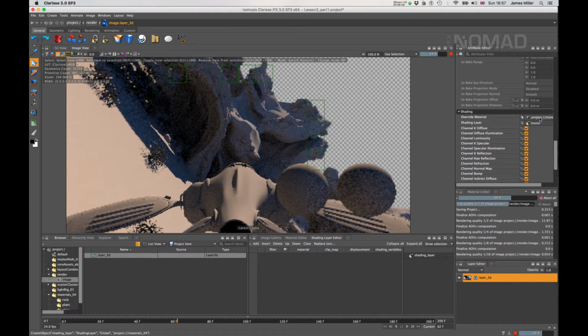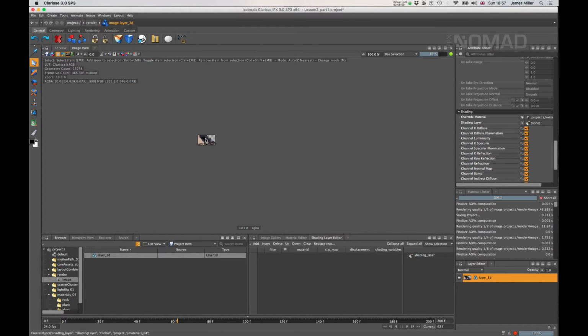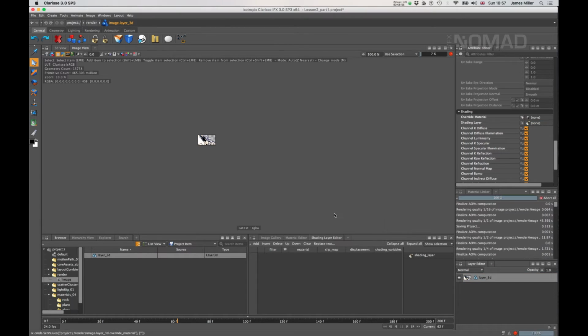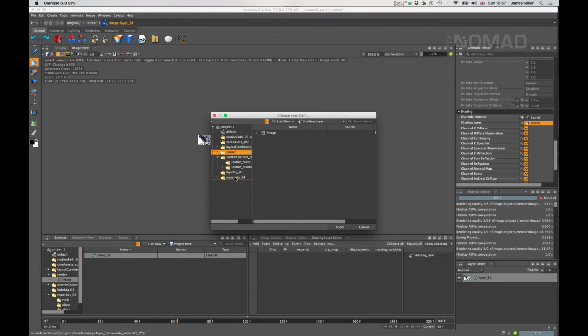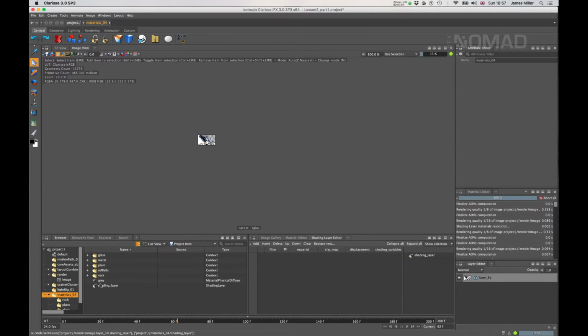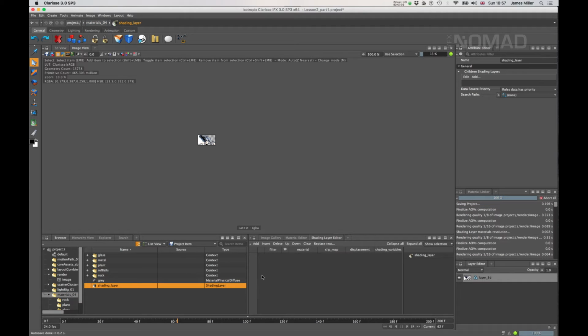First things first. Now that we've seen this render, I'm just going to zoom out for a moment so it doesn't keep rendering. We're going to select off the gray override. And then instead, we are going to plug in this shading layer. The shading layer is here. Click on it. The shading layer editor looks like it's doing nothing. We need to add some entries in here. We're going to use a bunch, so I don't know, that's that many. And to get us started, we're going to say everything,